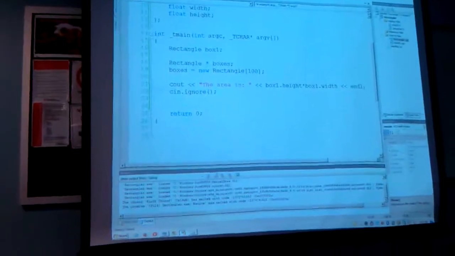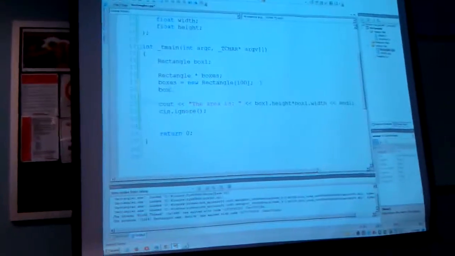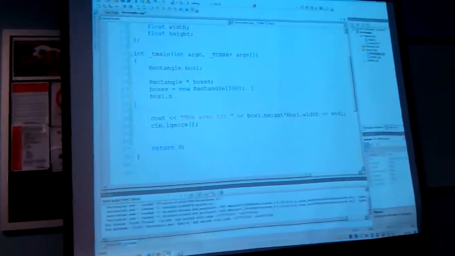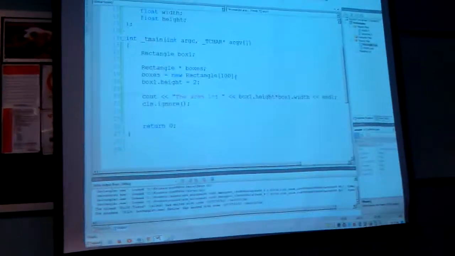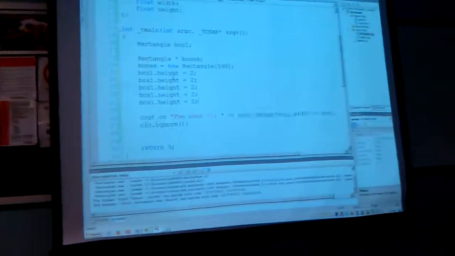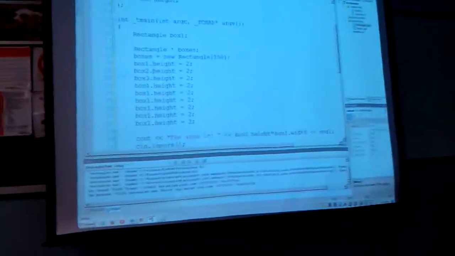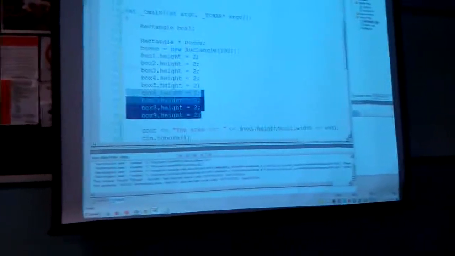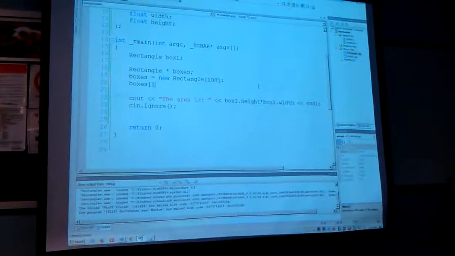So then rather than me having to set the individual values for 100 boxes, instead of me saying box 1 dot x, box 2, or dot height, I guess I should say. If I wanted 100 boxes and I didn't make an array, I'd have to manually type in 100 times. That would be pretty tedious and annoying and terrible. No one would have fun. So here's what I'll do. Since I can access all 100 boxes just by typing in which number box I want,